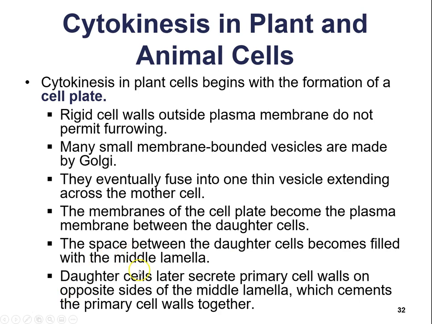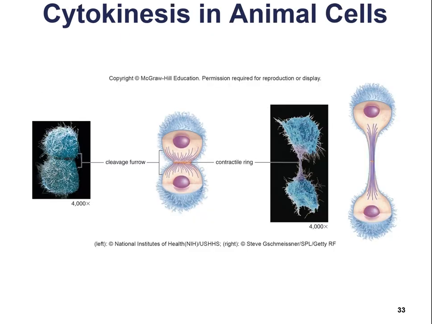You don't really need to know these specific details about the middle lamella. Basically, just know that it's a cell plate that forms between the two plant cells, because then eventually the cell wall will form. No way a cleavage furrow would work in a plant cell situation because of that rigid